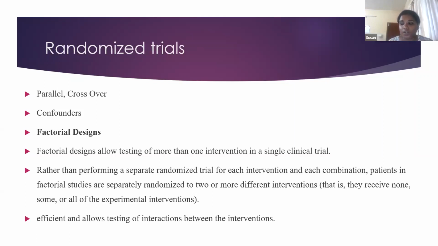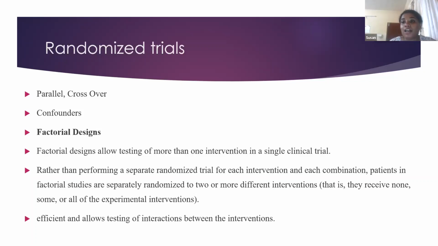Another way is crossover. Crossover is where study group 1 gets intervention A and group 2 gets intervention B. Suppose it's a drug that we are giving; this cannot happen in a surgical procedure. After the effect of the drug goes from the body, it is washed out, that's the term used, then we cross over, so group 1 will receive drug B and group 2 will receive drug A. The advantage is that both groups have received both interventions, so you cannot say that you kept away a particular intervention. It is very hard to pull off practically, but again, it has its own merits and demerits.